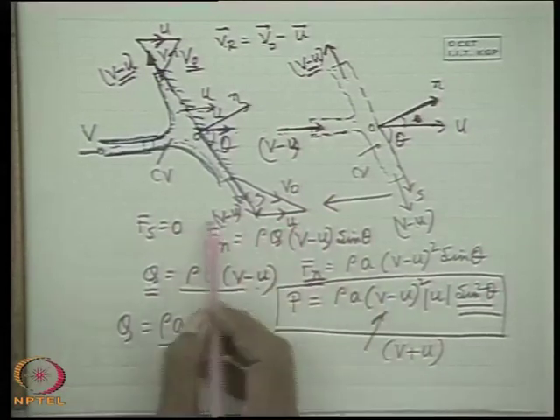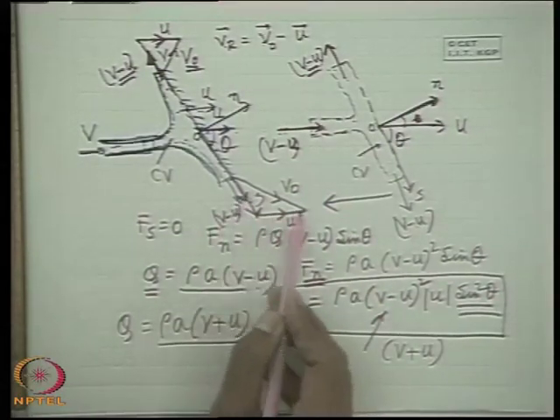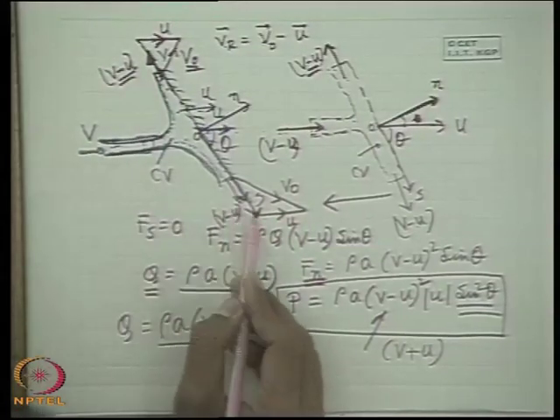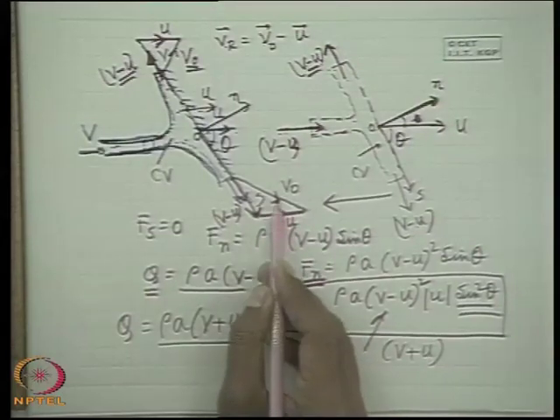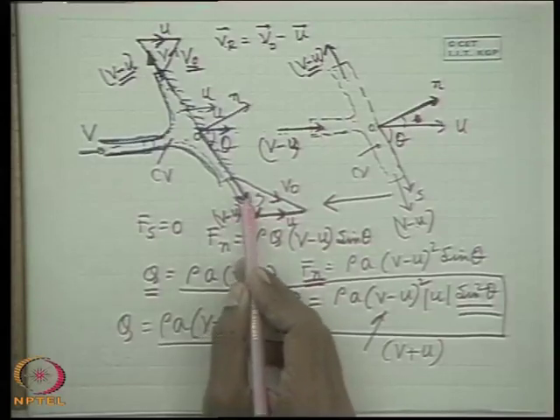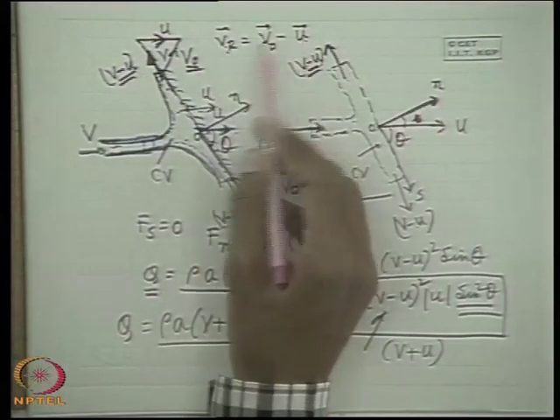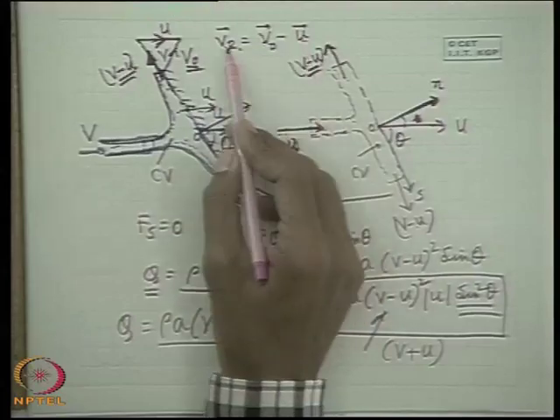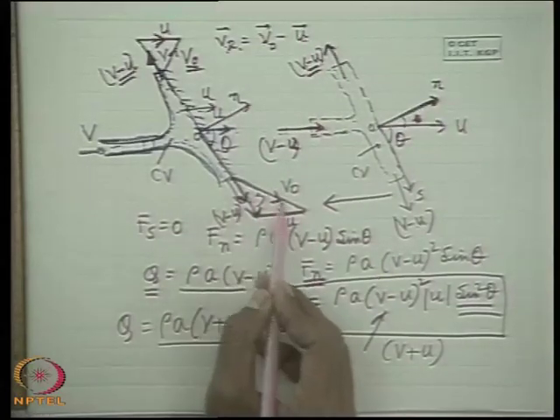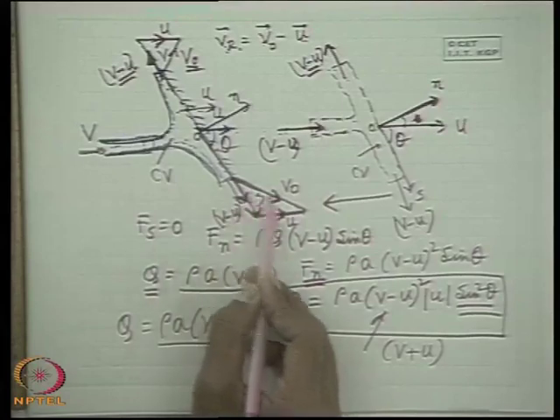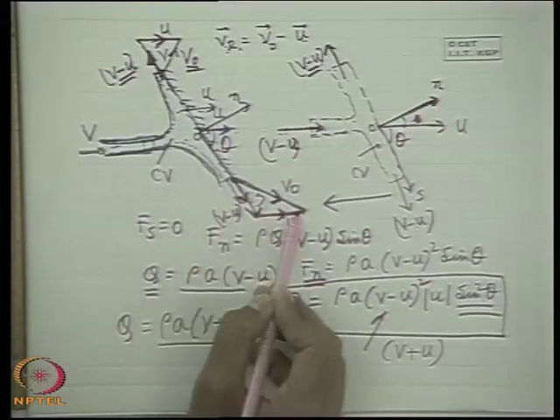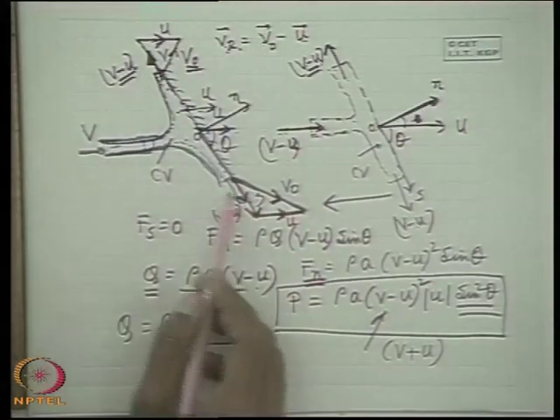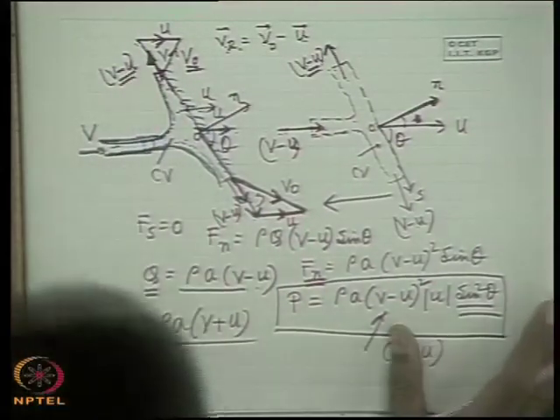So, at the outlet, the velocity triangle, these are known as velocity triangles, that is a vector diagram. So, V minus u is the relative velocity, and this is the plate velocity u, and this is V0. That means, V minus u plus u, that is, relative velocity plus the plate velocity with respect to which the relative velocity is defined, is the absolute velocity. Therefore, the fluid is coming with an absolute velocity vector whose direction is this, magnitude is this, where these are the relative velocity.